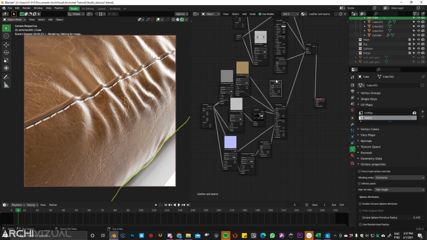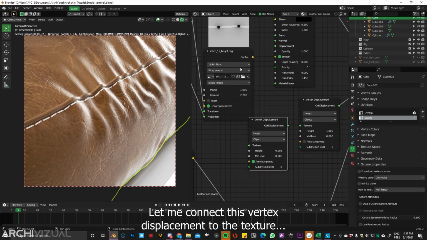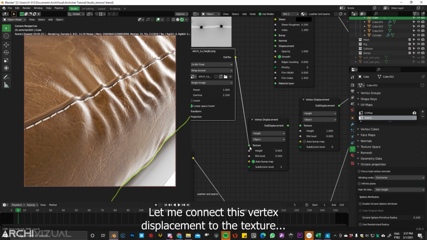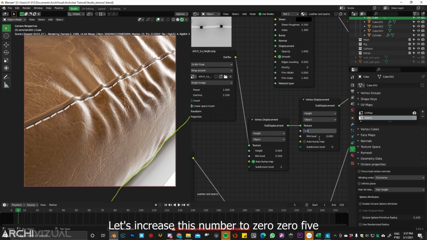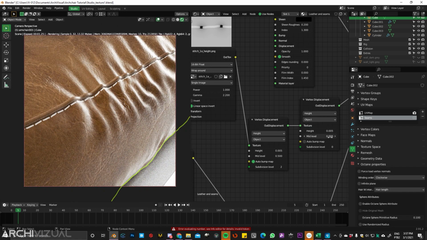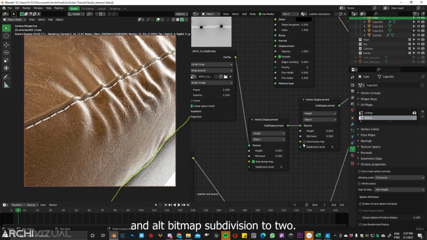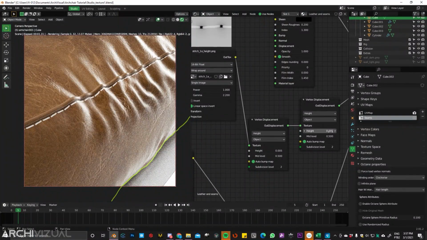Actually, let me connect this vertex displacement to the texture, because this one was already set up. Let's increase this number to 0.005 and this 0.05, and auto bitmap subdivision,